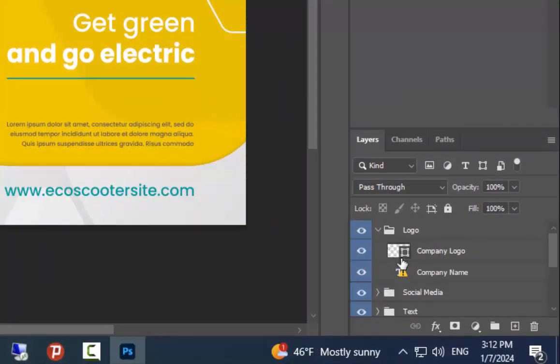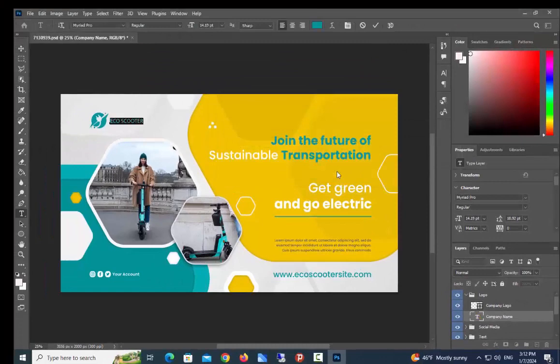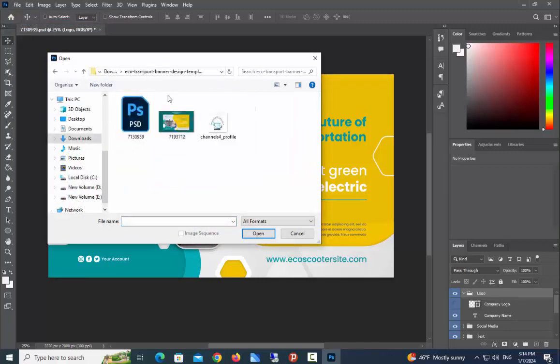On the right side of Photoshop, you can see the open layers of the template for changes. First, click on the text of the logo and write the name of your own logo. Then disable the template logo in this way that I show and copy your own logo that you want to